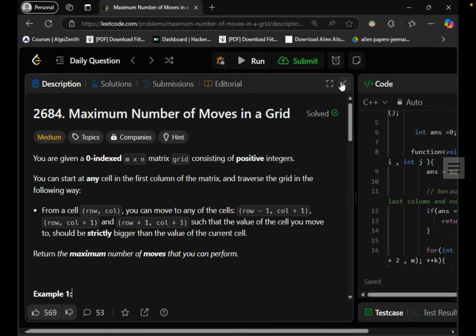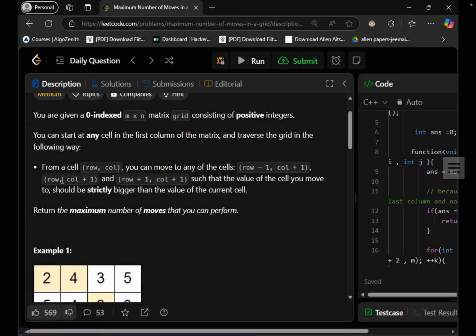In this video, we are going to discuss today's daily Leetcode question. The question name is maximum number of moves in a grid. You will be given a zero-indexed m cross n matrix, a grid consisting of positive integers. We need to start with any cell in the first column of the matrix and traverse the grid in the